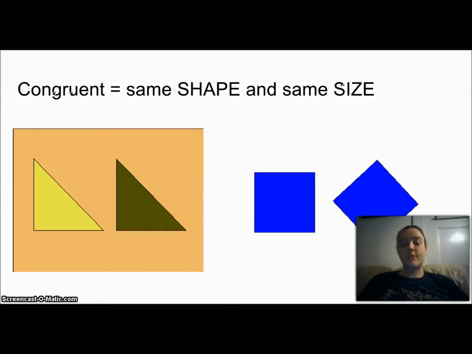Congruent shapes. First of all, a congruent shape is the same shape and the same size. It has to be the same shape and the same size in order to be congruent. So we see two triangles here on the left. They're different colors, but they are the same type of triangle, and they're the same size. Here on the right-hand side, we have two squares. This one's turned a little bit, but they're still the same shape. They're still both squares, and they're still the same size squares. Just because they're turned in a different direction doesn't change the fact that they're the same shape and the same